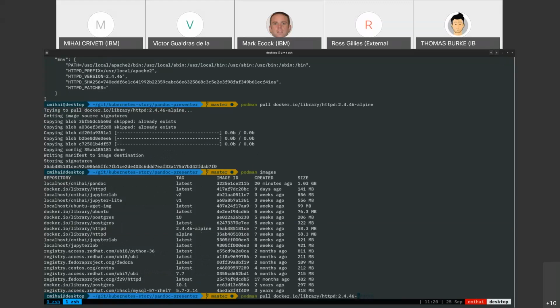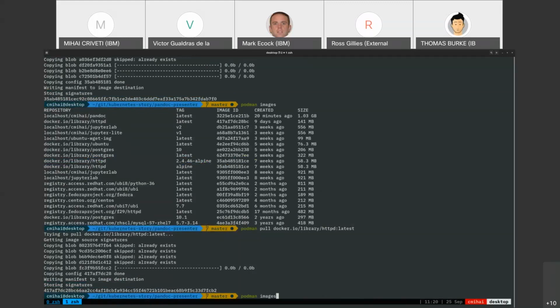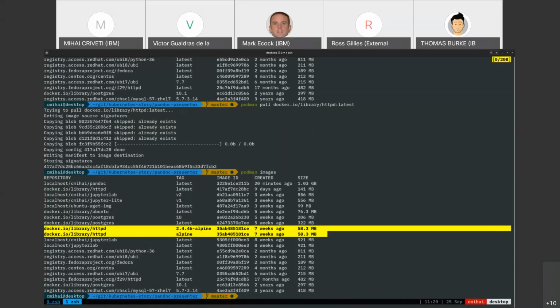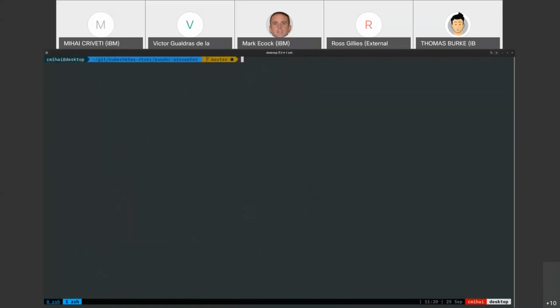Let's pull another image called latest. And as you can see, if I do a podman images, you'll see that httpd alpine is here, and it is the same tag as this one. And if I take a look at this other one, which is httpd latest without the Alpine tag, you'll see it's a slightly bigger image as well. Okay, so now that we have a couple of images,